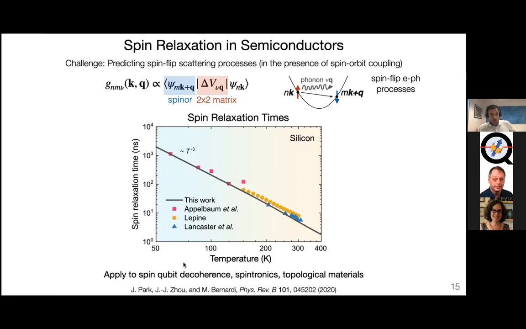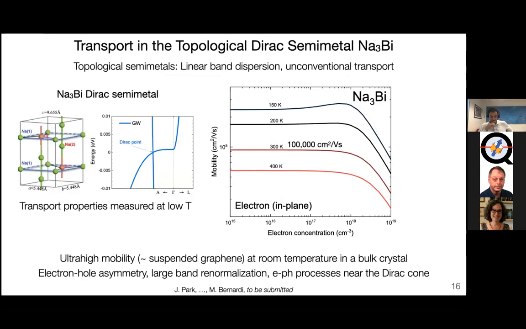Now, using this tool, we're now extending it to include other spin scattering mechanisms. And then with these new tools, we're now investigating decoherence in spin qubits and also spin decoherence in materials for spintronics. Now, more importantly, also from a method viewpoint, this calculation validates our implementation of the spin-orbit coupling, because this effect, the spin decoherence, is entirely driven by the spin-orbit coupling. So we're confident that we have the right approach, and we can investigate a wide range of materials where spin-orbit coupling is strong.